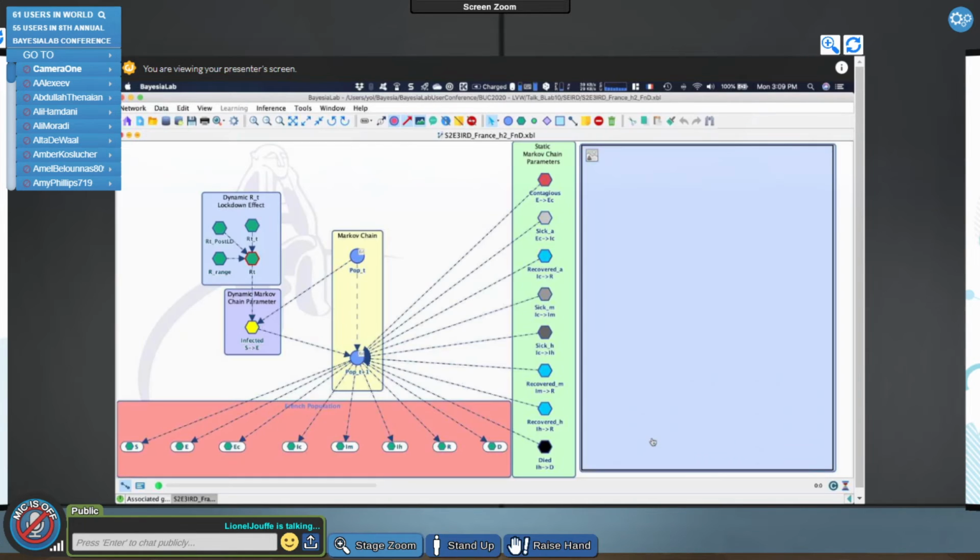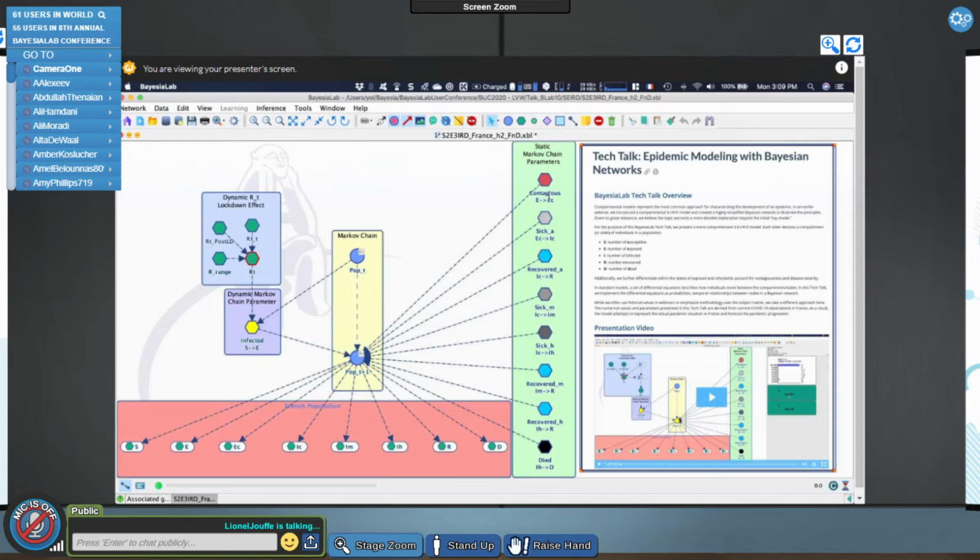Okay. So this is the model we used during one of our webinars. It was called Tech Talk. I don't remember when it was exactly, April or May. So you remember, this was an example of how to use BayesiaLab for creating a model of the evolution of the disease, if you will, right?